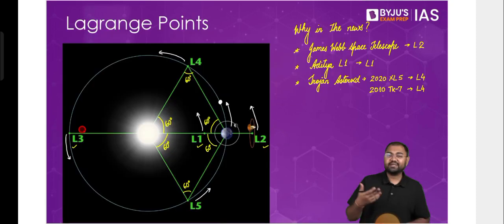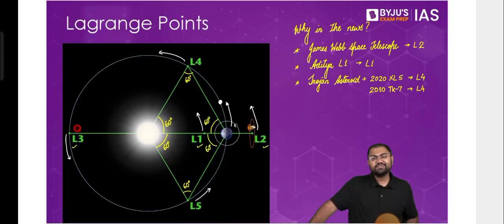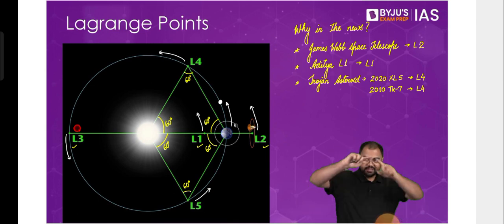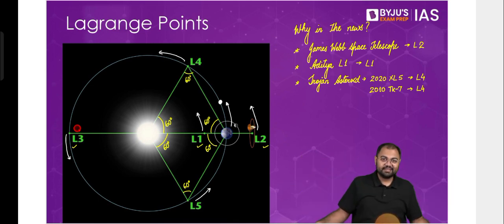Now, if you think of L3, how significant is L3 for us? Then I would say it's not really significant, right? It's not very significant because it lies behind the sun. First of all, since it lies behind the sun, it's almost impossible for us to communicate with this point. Just imagine that between the Earth and L3, there is this giant ball of gases, that is the sun, and that's why you can't really see behind the sun. It's almost a blind spot. L3 is almost a blind spot for us sitting on the Earth, so that's why for us L3 does not really have a significance.